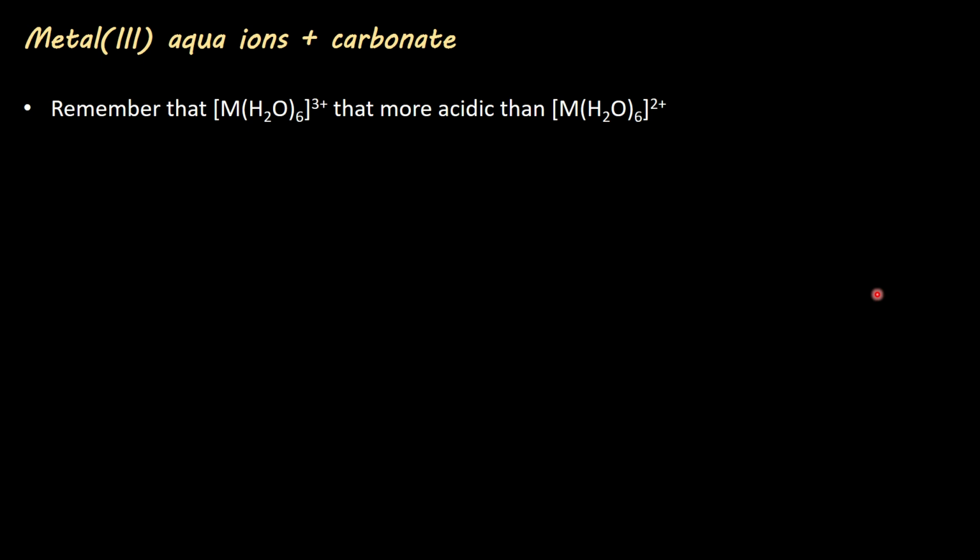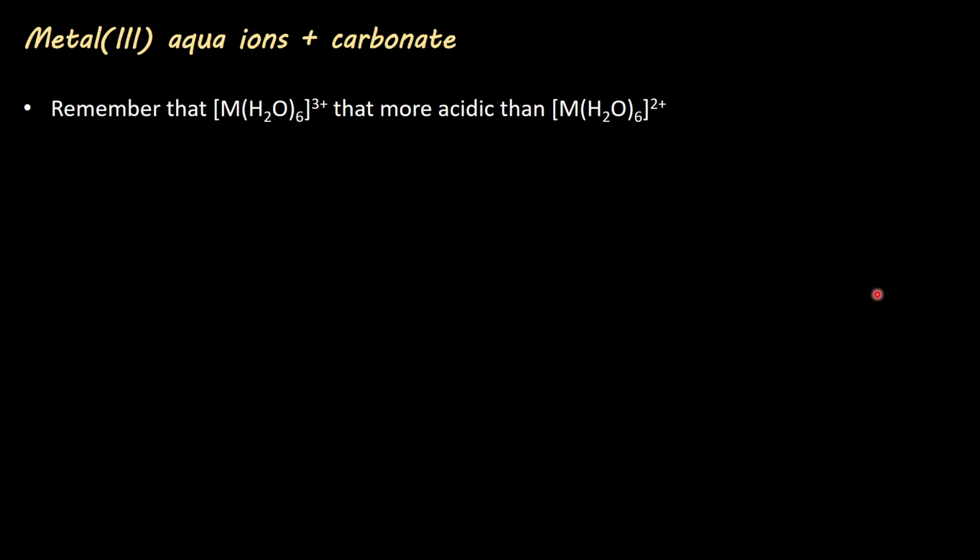Now, what we saw with copper 2 and iron 2 was straightforward. It just made FeCO3 or CuCO3. So it was just a simple sort of precipitation reaction, making an insoluble solid of copper carbonate or iron 2 carbonate. Doesn't work quite the same way with these metal 3 aquas though, because remember from our first lesson on